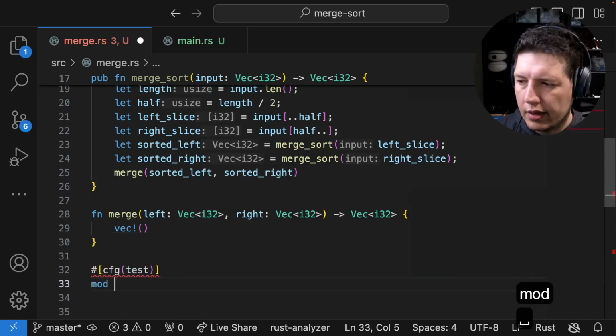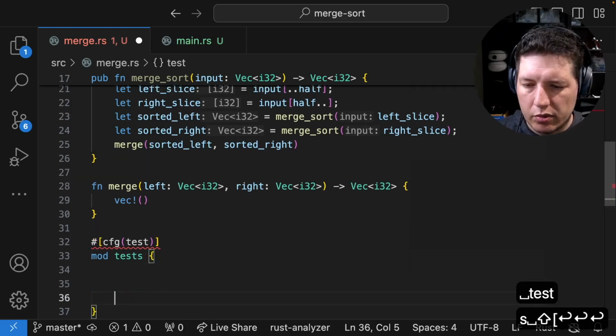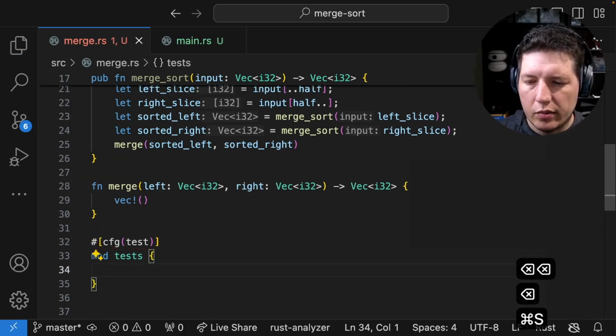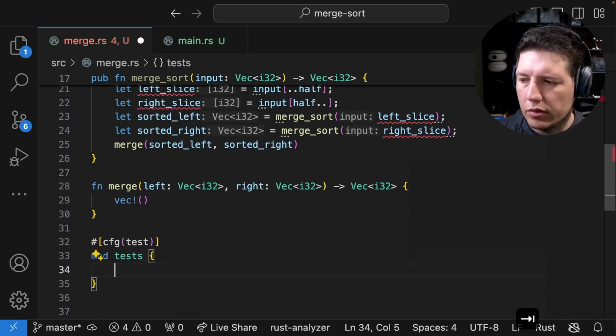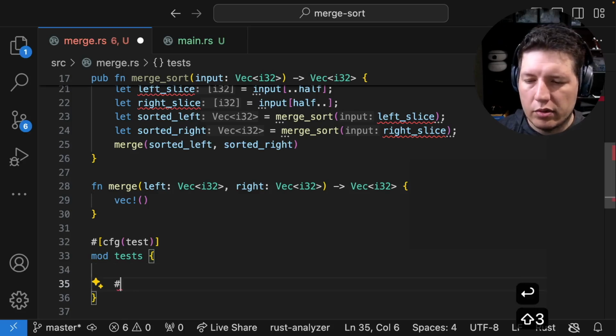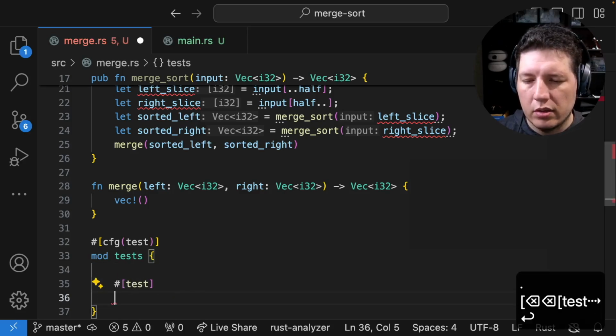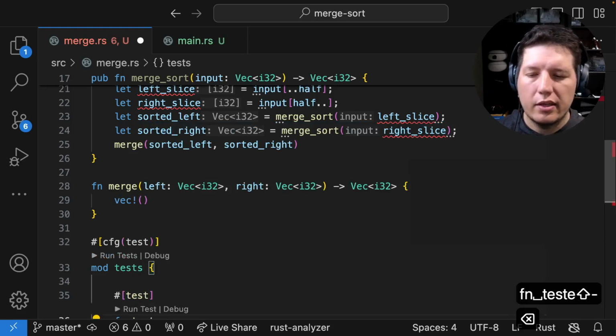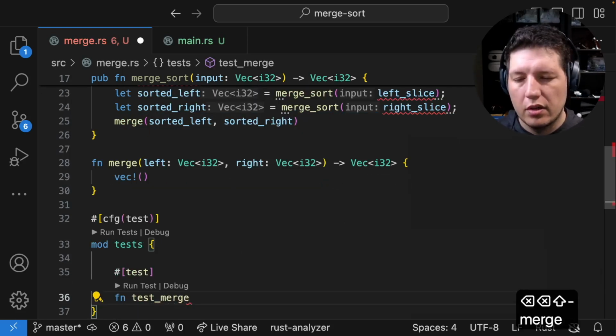We're going to create a module called test that will be executed only when you're in test mode. And to define a new test, we use the test macro and we say test merge